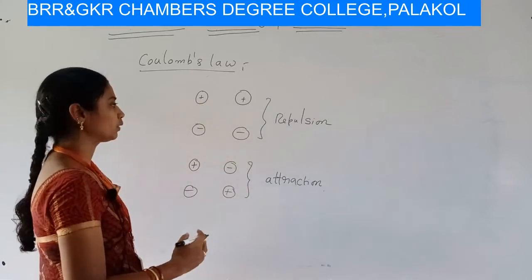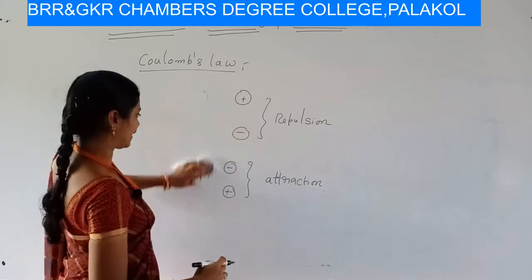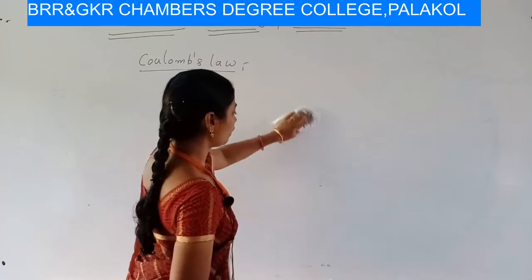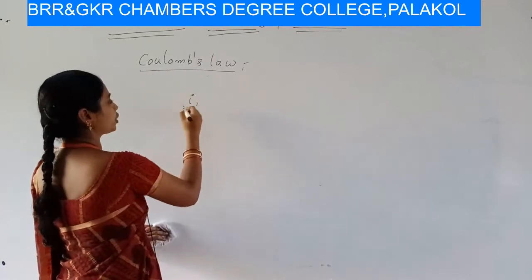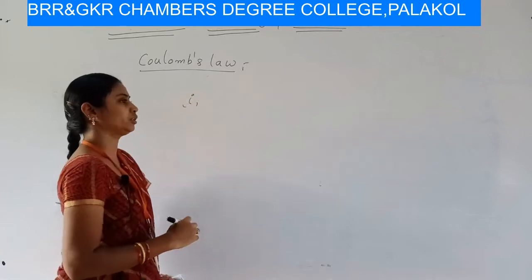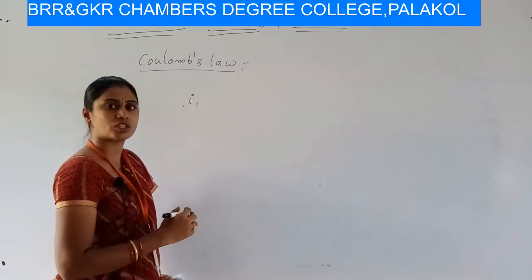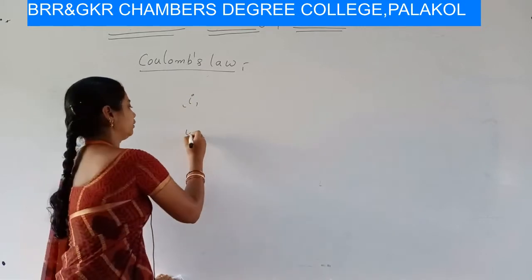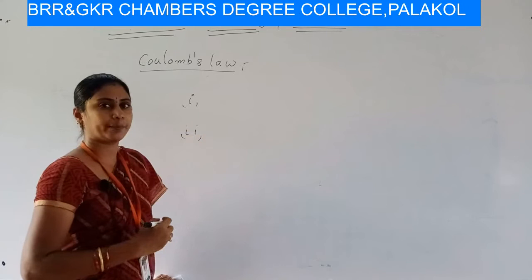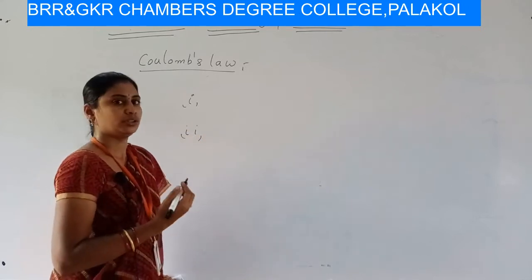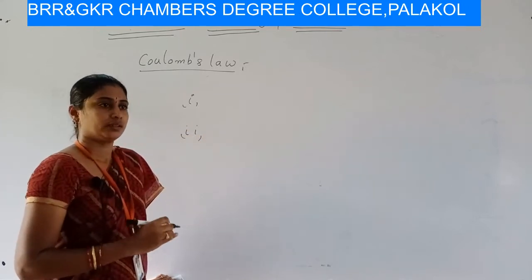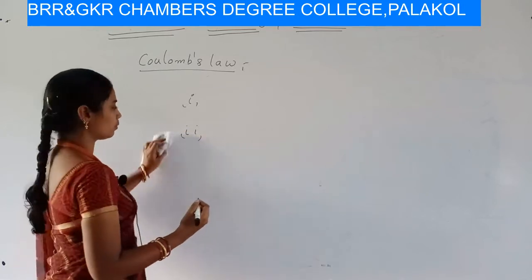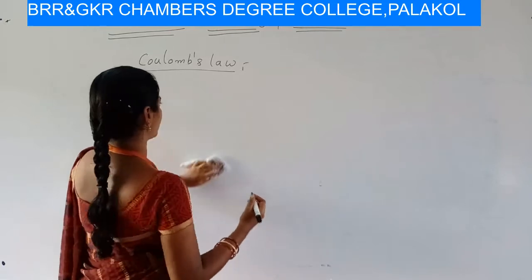Hence, Coulomb concluded two statements for this force: first, the force of attraction or repulsion between two electric charges is directly proportional to product of the two charges. And second, the force of attraction or repulsion between two electric charges is inversely proportional to square of the distance between them. Hence, Coulomb's law is stated as